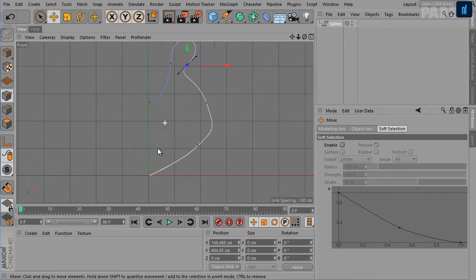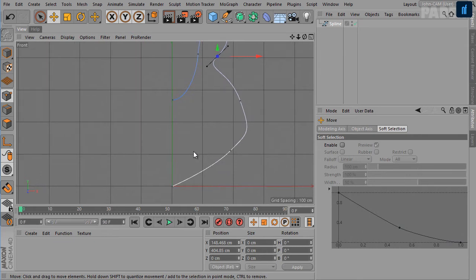Alright, now the next step I want to do is make these two points lie in a line in 3D space, because when we connect the lathe generator to it, there will be a hole in the geometry. So we need to make these in one line. Select this point here and set the x, y and z values to 0. Now it sits at the origin, and for the end point, set the x coordinate to 0.